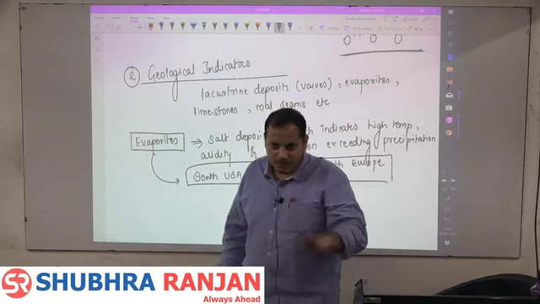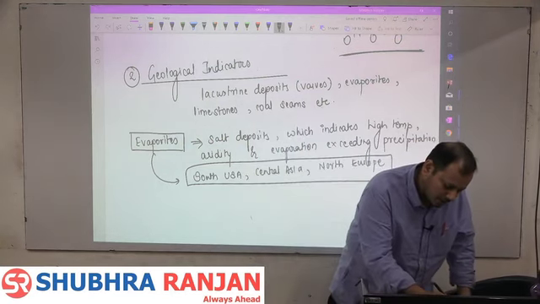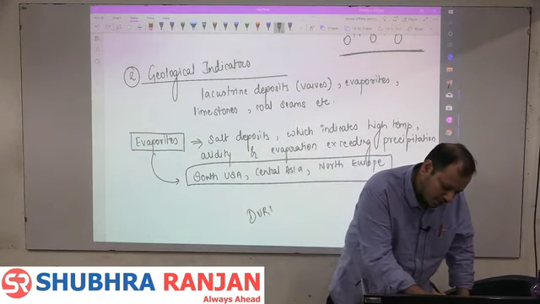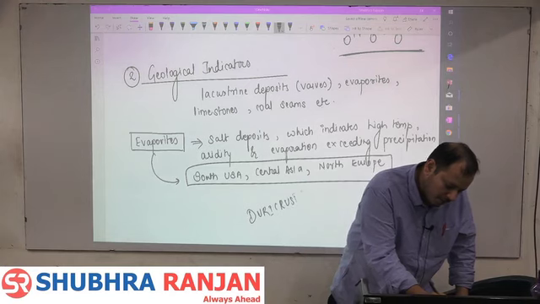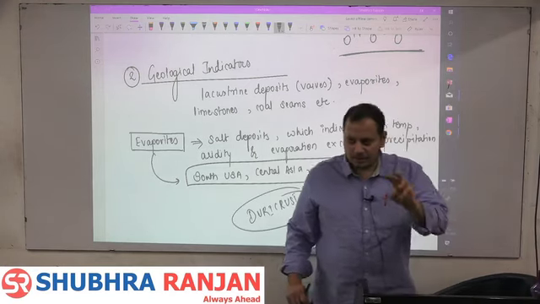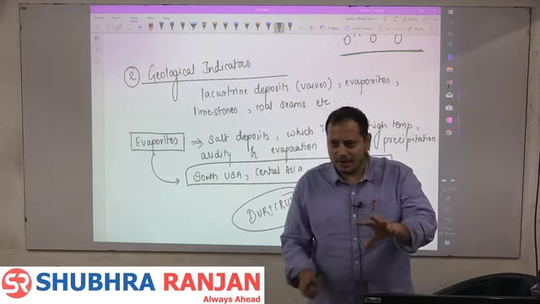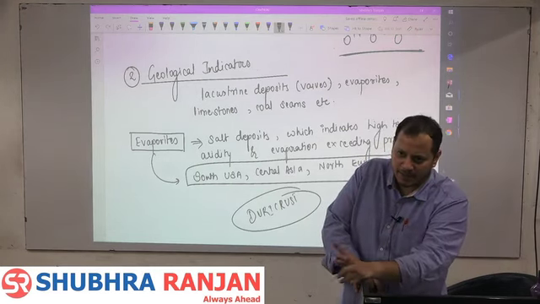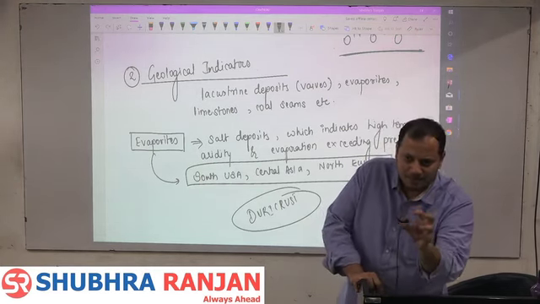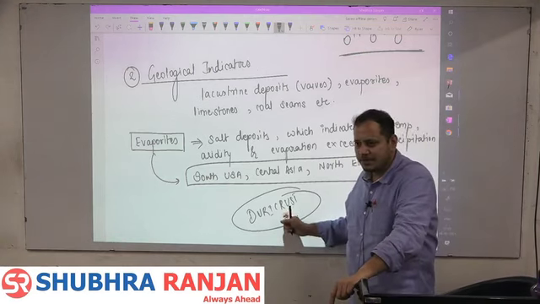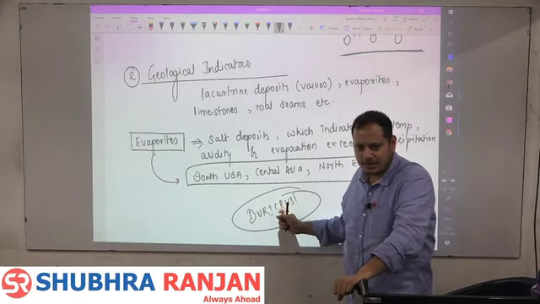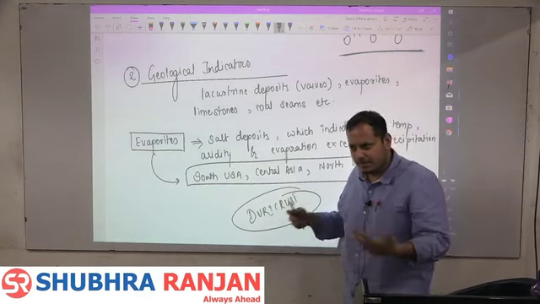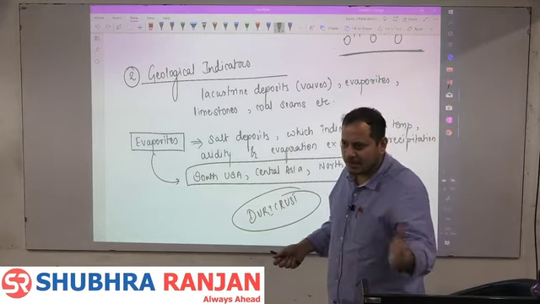When the laterite soil becomes very, very hard, it is known as duricrust. Laterite soil is a soil in which there is only iron and aluminum. The rest of the things have been washed away due to very heavy rainfall and very high temperature. And then iron becomes very hard. When the iron becomes very hard, we call this a duricrust. If it is found in Andaman Nicobar, we can understand. If it is found in the Western Ghats, we can understand.